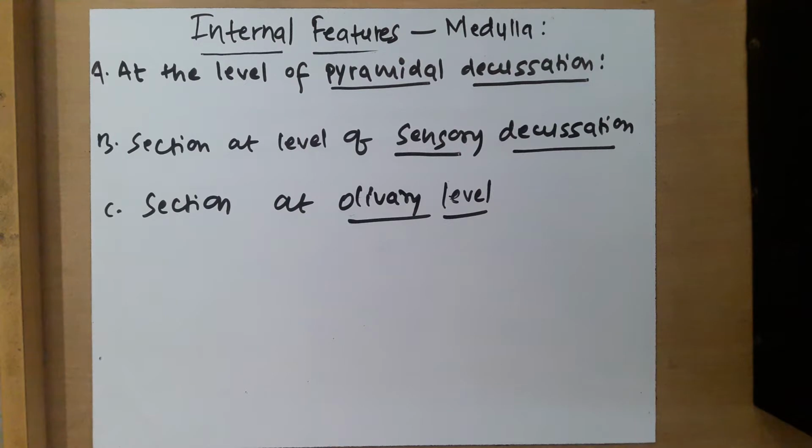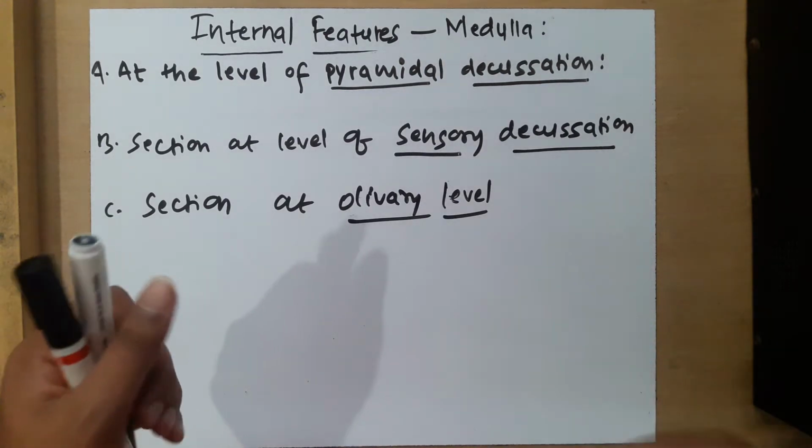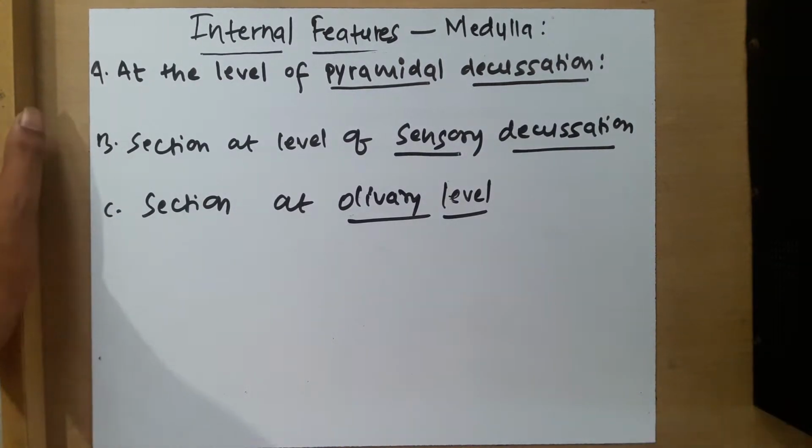Why are we drawing the diagram at last? Because once you understand something about the gray matter, white matter or features, then while drawing the figure you can locate and visualize those features. Later on, just practicing the figure, you should not go back again and again to read the points and features. Just drawing the figure will help you to recall those features and write them in the exam.